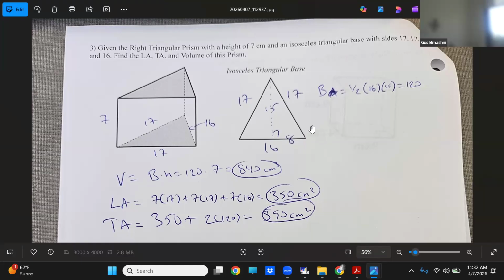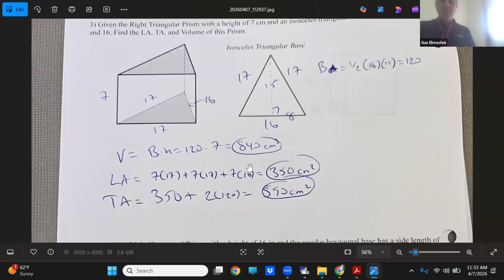I don't expect you guys to be totally fluid at this today. This is pretty challenging stuff. It can get even more challenging when we start throwing in similar solids and trying to find all the different ratios. But yeah, that's how I do number 3. For number 2, and I'll put this in Schoology as well. For number 4,